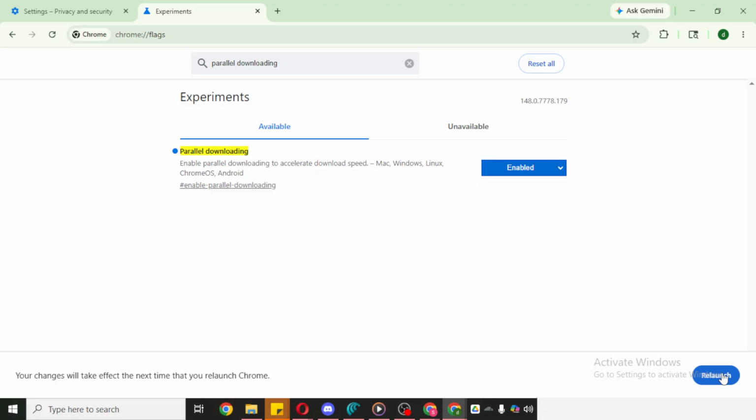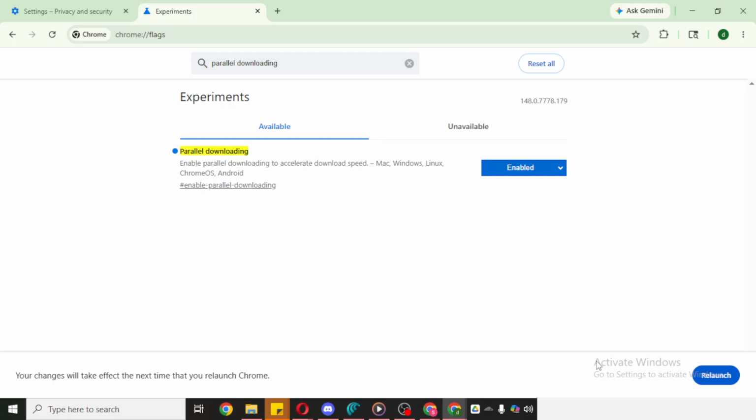Finally, make sure you're using a good internet connection. Speed improvements inside Chrome can only do so much if your network is unstable. Ideally, connect to a strong Wi-Fi signal or plug in with an Ethernet cable for the most reliable speeds. Keep large background downloads or streaming on other devices to a minimum while you're grabbing big files. And if you're using a laptop, stay close to your router to reduce interference.